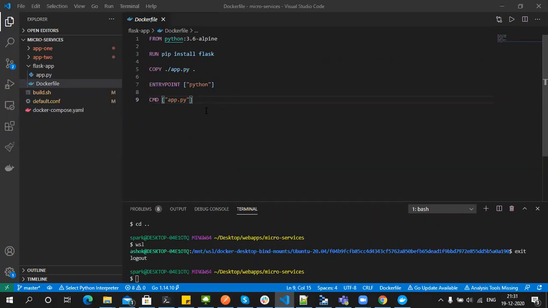If you want to reduce your image size, you can go with Alpine. But if Alpine is not fulfilling your requirements, you can choose other images like Ubuntu latest, Python Alpine, Node Alpine, Postgres Alpine, and so many images already pre-built in the Docker Hub. You can download any one and choose it for your application development.